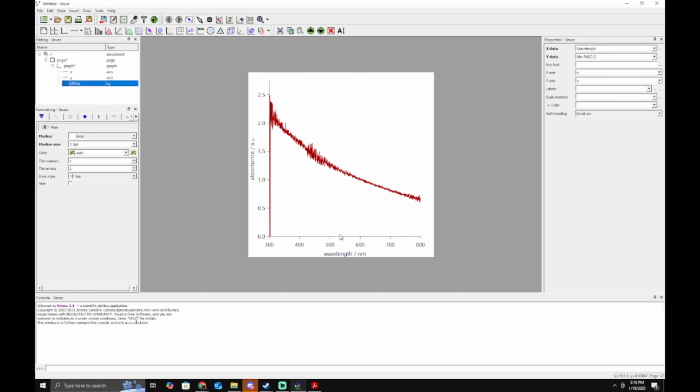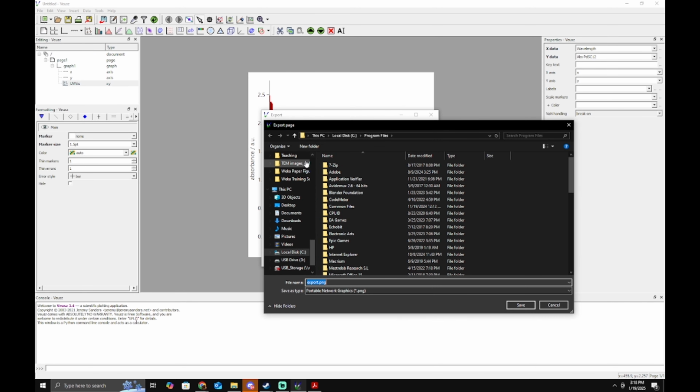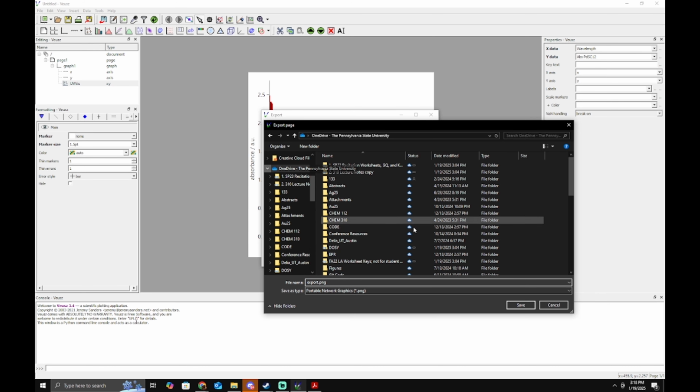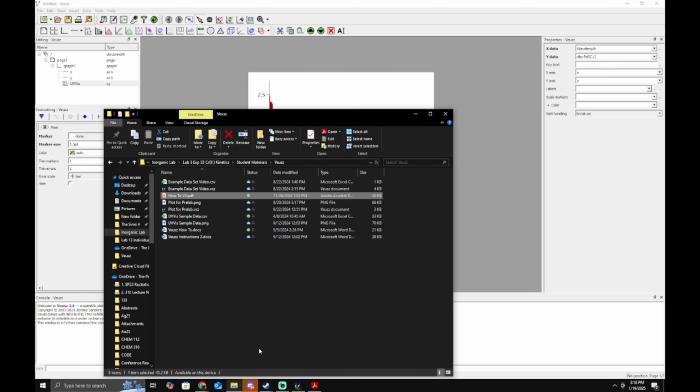And now once you have your graph the way you like it, we can go ahead and export it. So if I go to File and Export, I can browse and then choose a place that we can export it. So we can just put it in my OneDrive, that's fine. And then you can change what you want to save it as. So I usually do a PNG or a JPEG. You can change the DPI of it. I typically go very high, so that's why mine is set to 300. And then we can hit export. And it should be saved there now. So if I go ahead to open it,